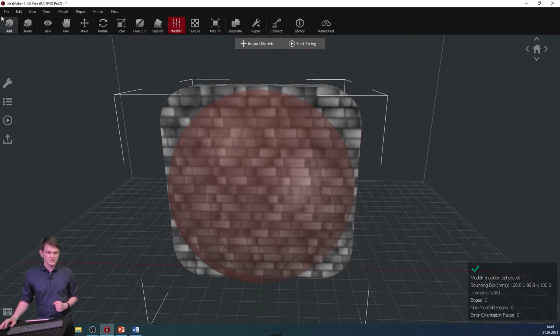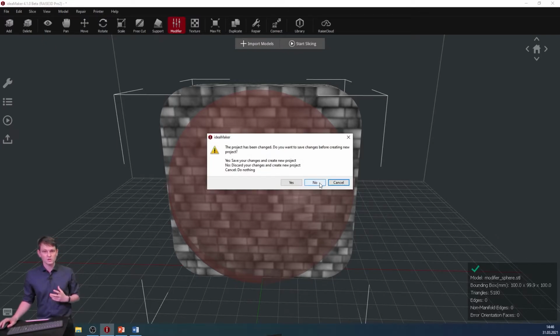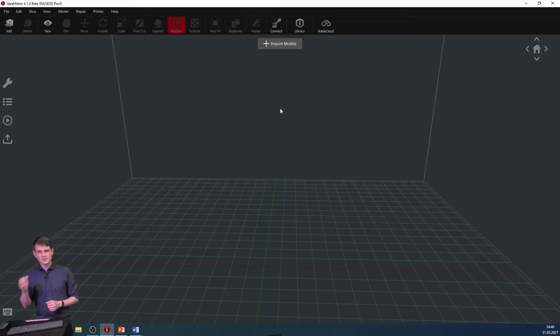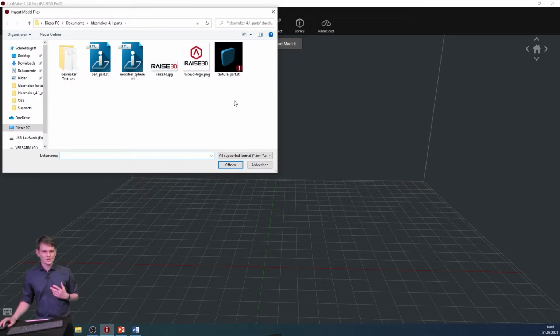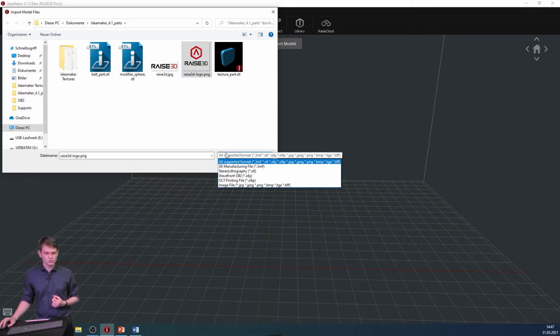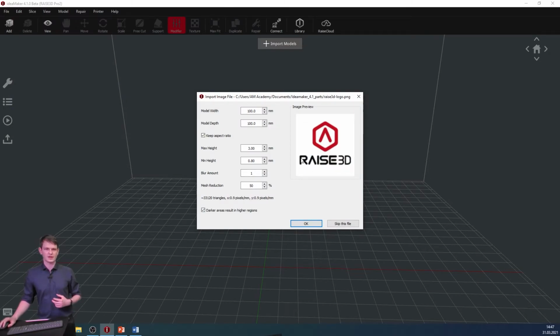Now, next up, I actually have the belt printer. So actually, let's do the image to model first. So I'm not going to save this project. Instead, I am going to click on Import Model in order to actually import an image. And you can see that in the supported formats, image files are present as well. So I'm going to open this image, and then I have a number of options that allow me to customize